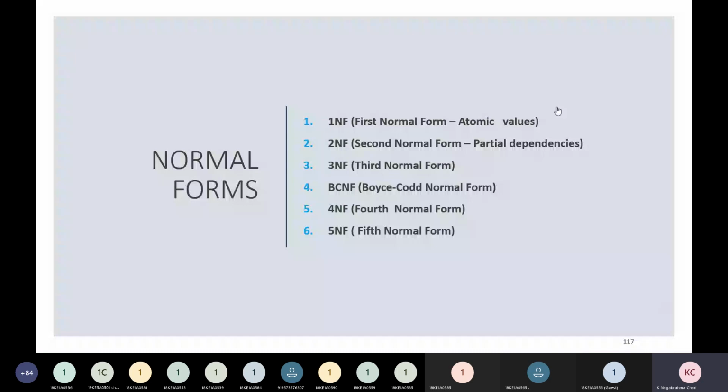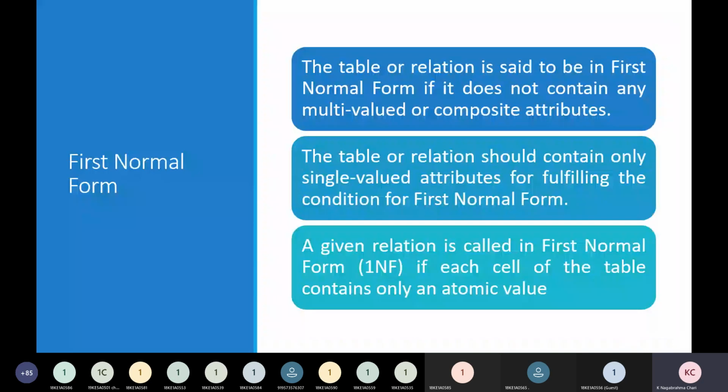Without these normal forms, there is no question paper. So all of you pay attention to understand what is the first normal form, the second normal form and the third normal form. So we will go to the first normal form.